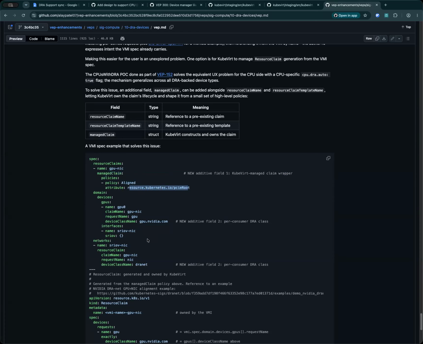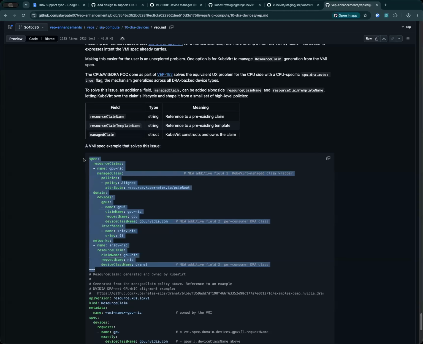So the information in this spec is enough for some KubeVirt component to generate a spec, and that will basically make it very easy for users to generate advanced device alignment specs. Now you can also do a similar thing with CPU and NUMA alignment,